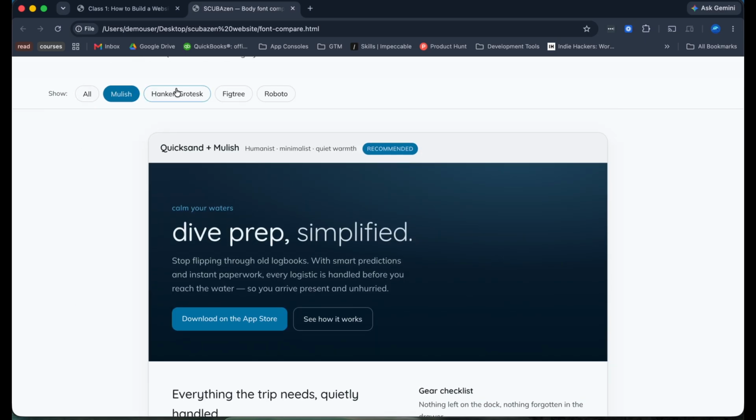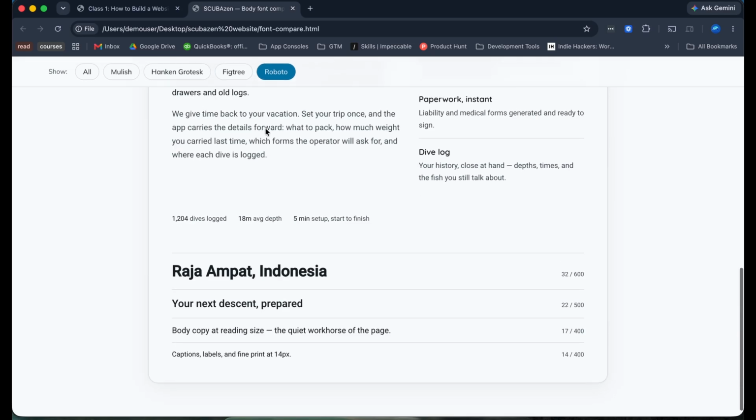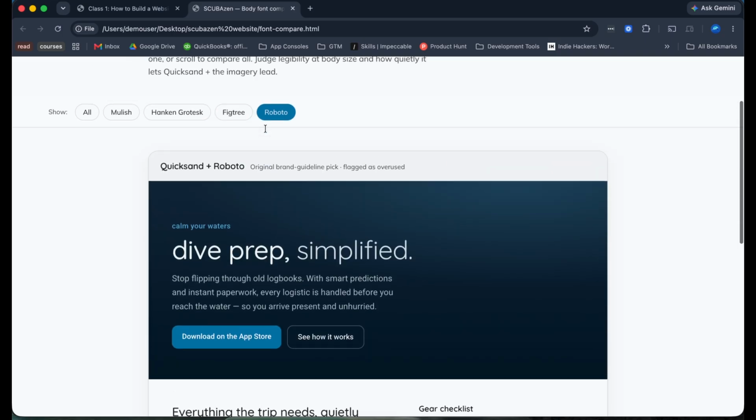It has this one, and it'll let you flip through. I'm looking at the body here to figure out which one I want to do. Roboto's the original one that it said was overused, and it's giving it to me as a comparison. So now I basically have to pick one and tell it so that way we can change the design document.